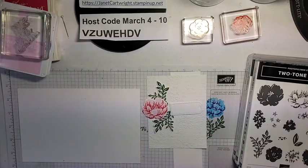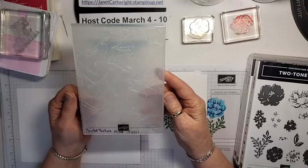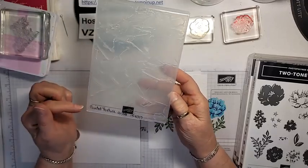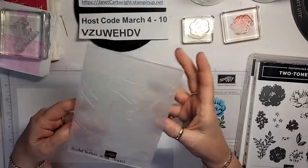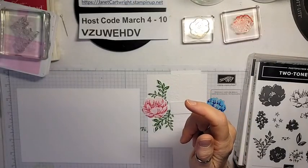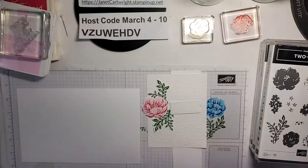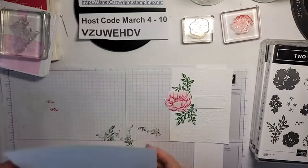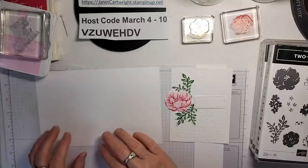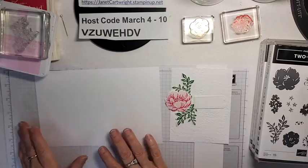So today, I'm just using white cardstock, and I am using this embossing folder. It's painted texture and it's in the annual catalog. So, whoops, that is not today's. That is tomorrow's. Oh, don't tell me, I've already packed it. I'm going away for a retreat this weekend and I'm leaving today. So tomorrow's post will be a video that I taped today. And yes, I have already packed it, but